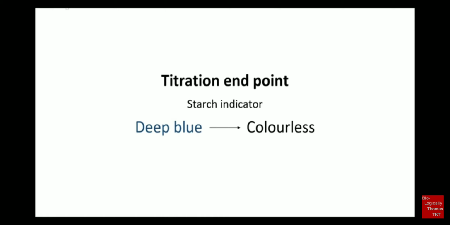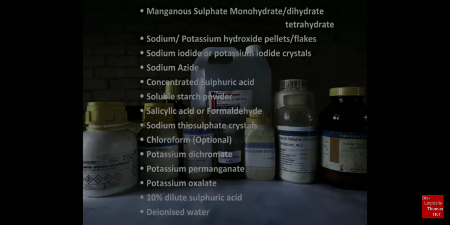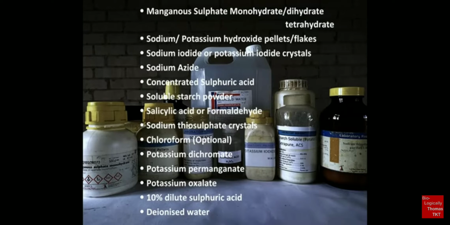To perform this experiment, we'll need the following: manganese sulfate monohydrate or dihydrate or tetrahydrate, sodium or potassium hydroxide, sodium or potassium iodide, sodium azide, concentrated sulfuric acid, soluble starch powder, salicylic acid or formaldehyde, sodium thiosulfate crystals, chloroform, potassium dichromate, potassium permanganate, potassium oxalate, 10% dilute sulfuric acid, deionized water,